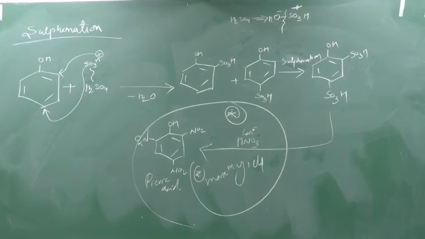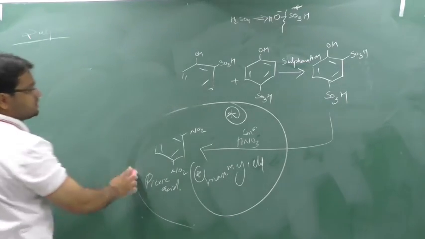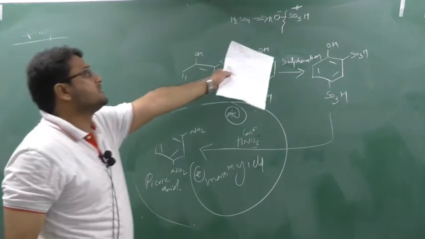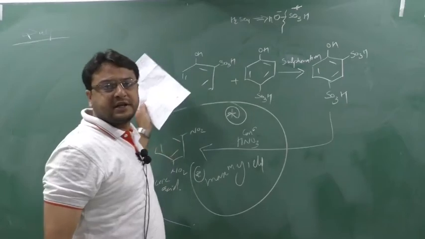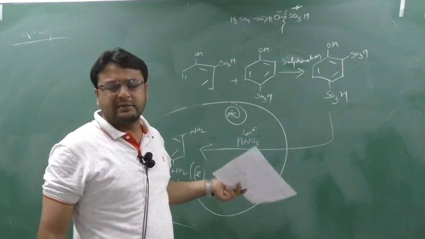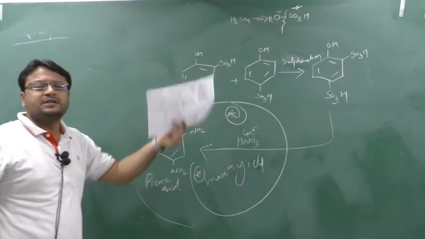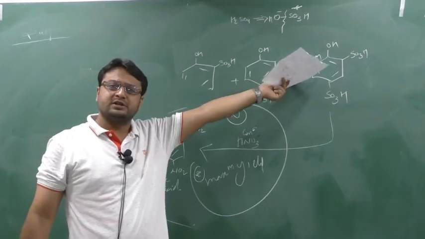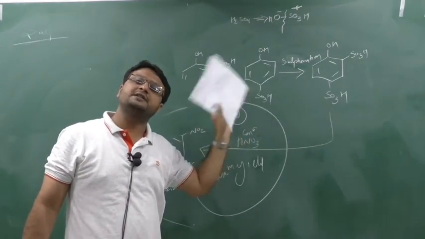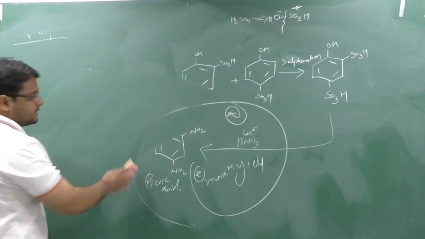Clear? Okay. Next, to understand who acts as the electrophile: this is also an example of an electrophilic substitution reaction. SO3H plus is the electrophile. The electrophile is attaching, H plus is removing. I am not showing the mechanism because it has not been asked. The mechanism is similar to bromination. But just to understand, the electrophile is SO3H plus. SO3H plus attaches and H plus is removed. So the electrophile is substituted. So it is an example of an electrophilic substitution reaction.